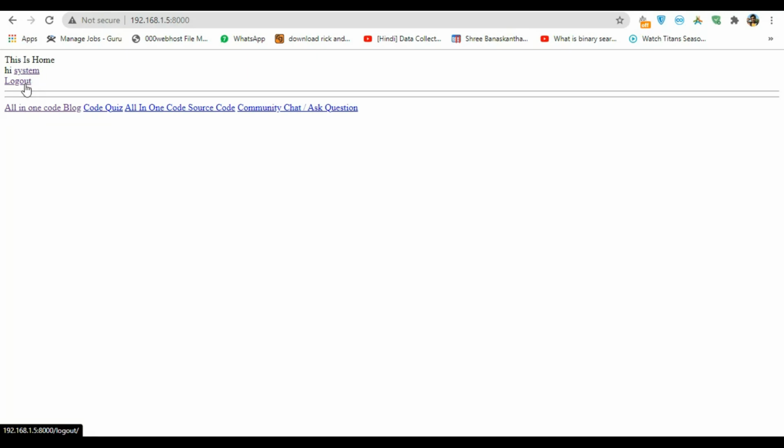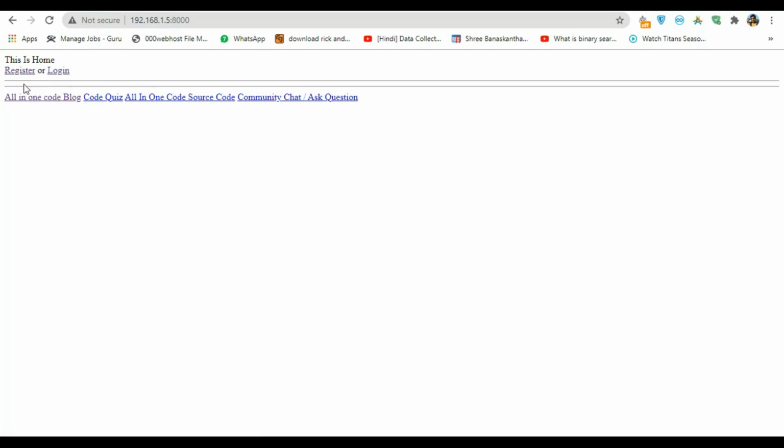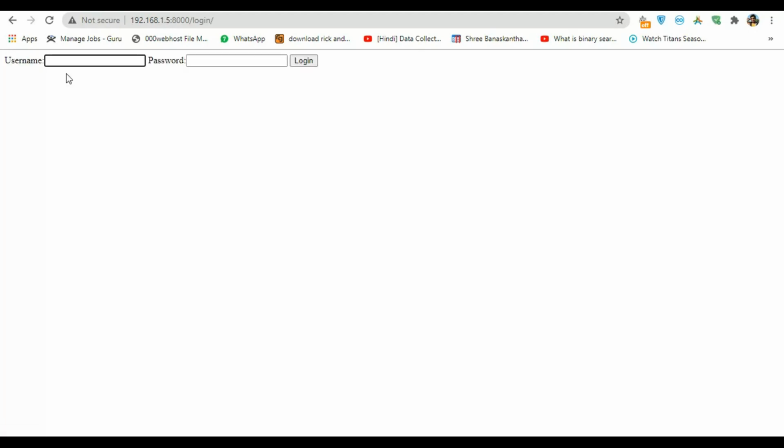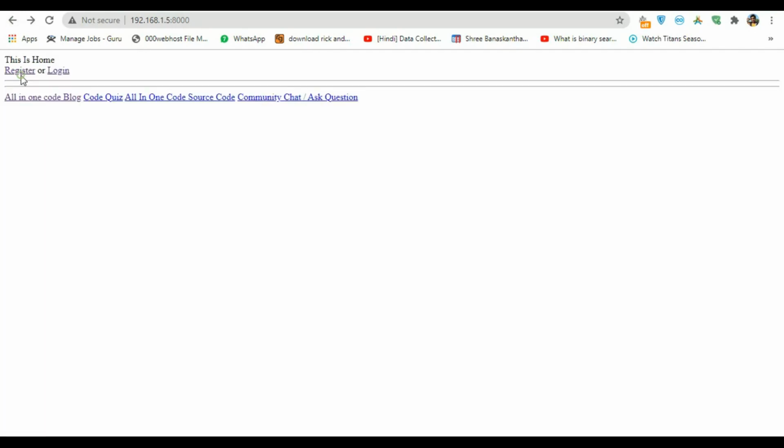Let's try to log out. Now the user can see register or login. Obviously when I click on login it is going to redirect me to the login section, and likewise the registration section.